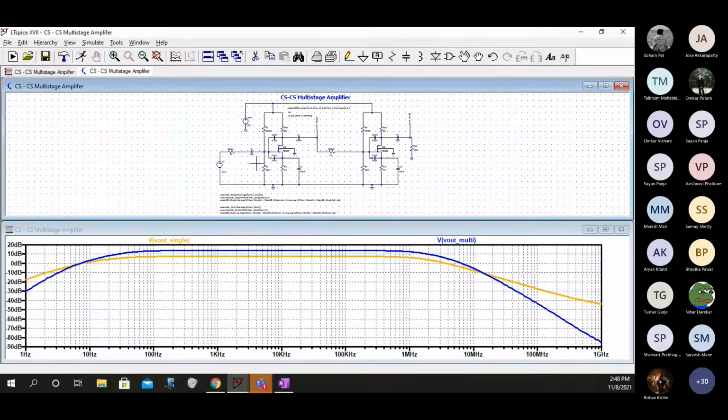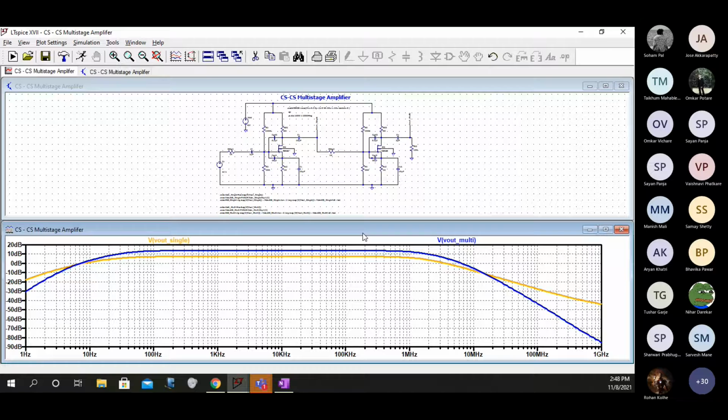So this is basically a CS-CS stage. The solution to this problem is a CS-CG stage, which is actually not there in your syllabus, but yes, if you ask me whether there is one that does not reduce the bandwidth but gives the same gain, the answer is yes, that is the CS-CG stage. Yes, Riddhi, I also want to see the bandwidth and gain calculations. Yes, same with Suham.